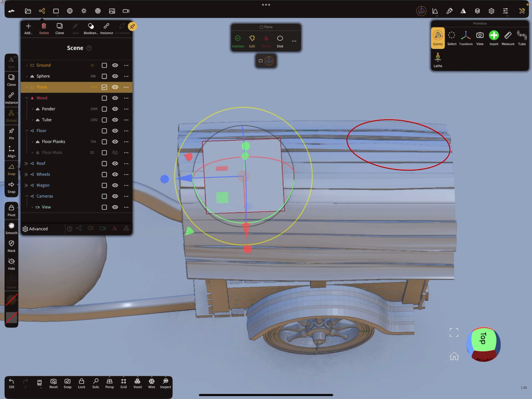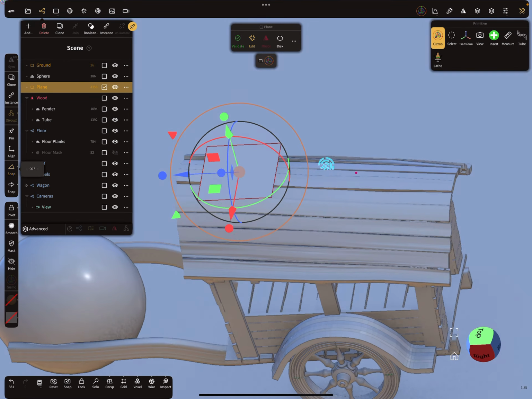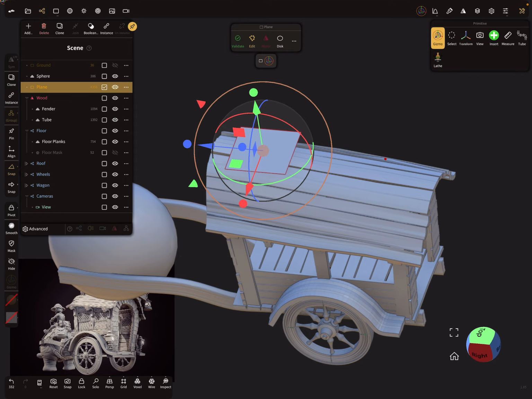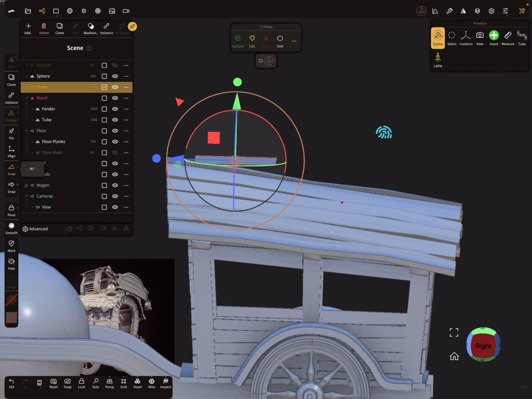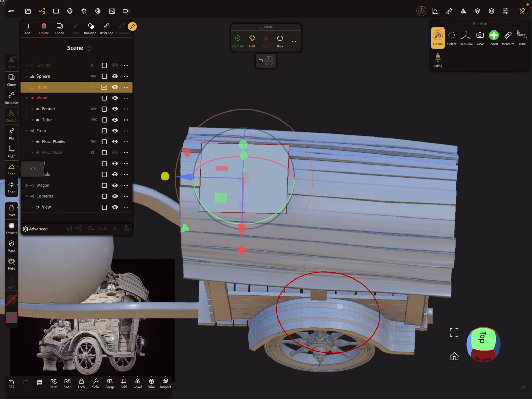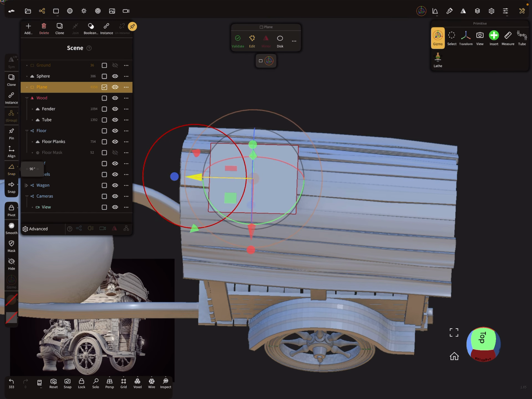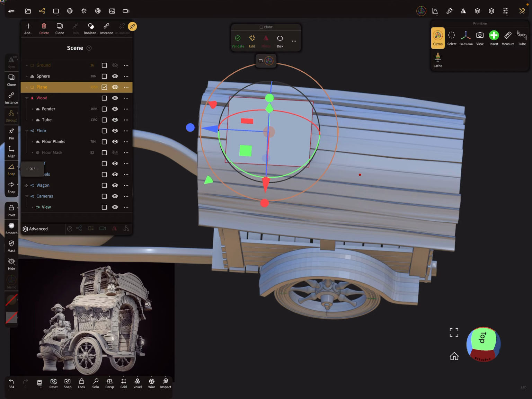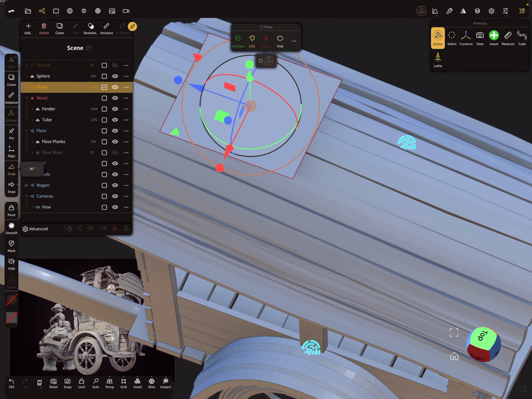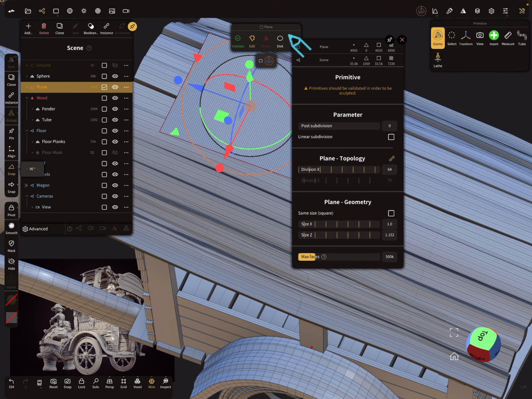And what's the position of this dome? Yeah, maybe here. So wireframe.